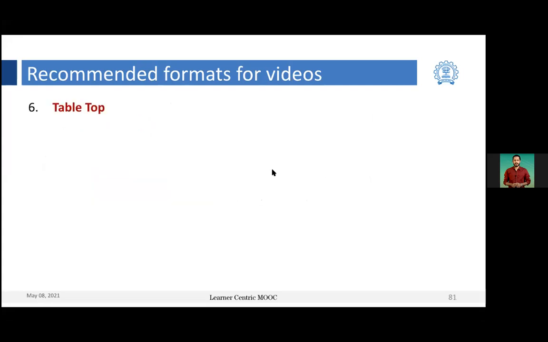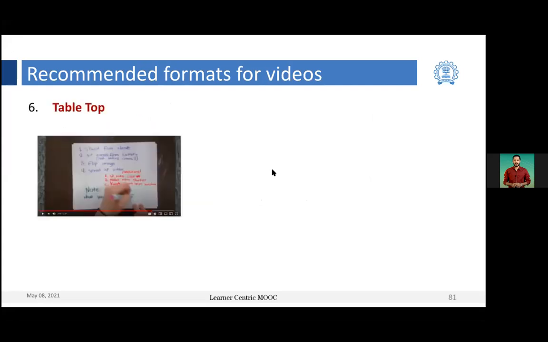Another interesting recommended video format is tabletop. This has been very popular in recent times because everybody had to move from face to face to online, and it is easily possible with fewer settings and fewer resources.